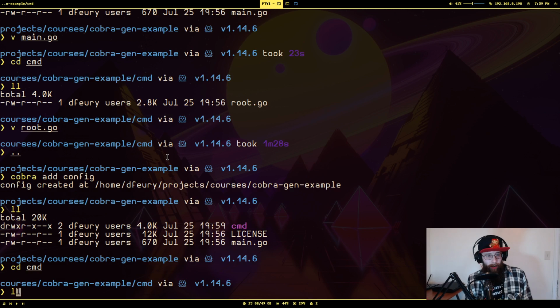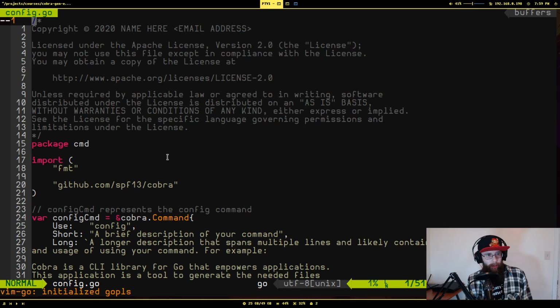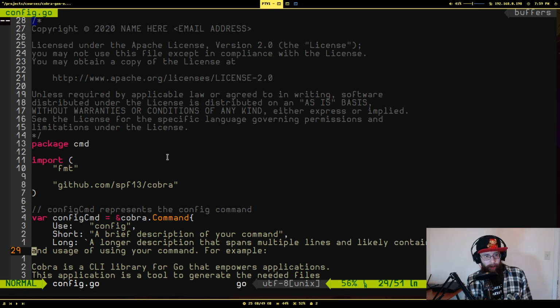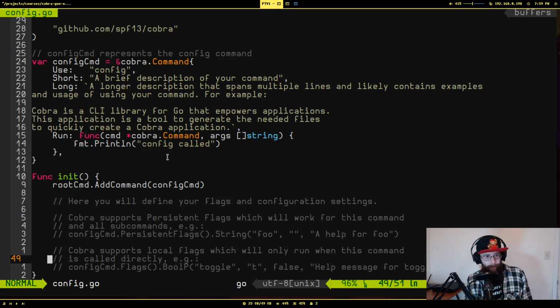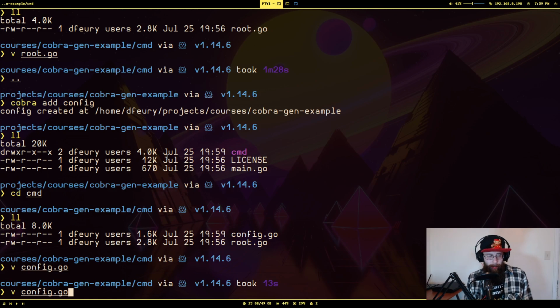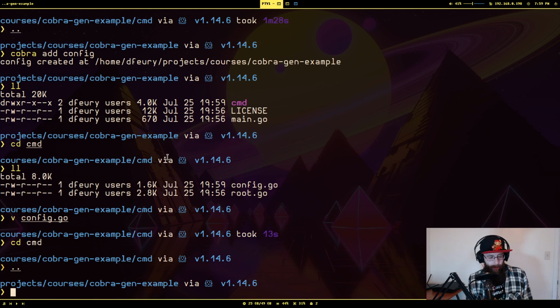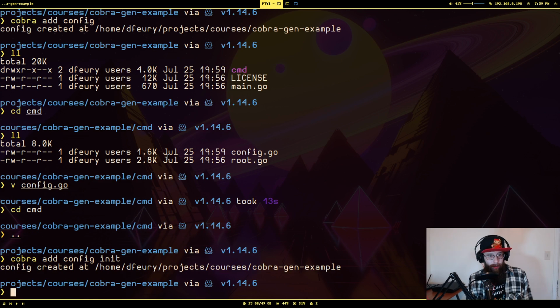If I go down to the command directory, now there's a config one, and it's a very simple boilerplate. It actually already adds it to the root command. I believe if you declare this as a nested command, so let's go back up, if I do cobra add config init like this,